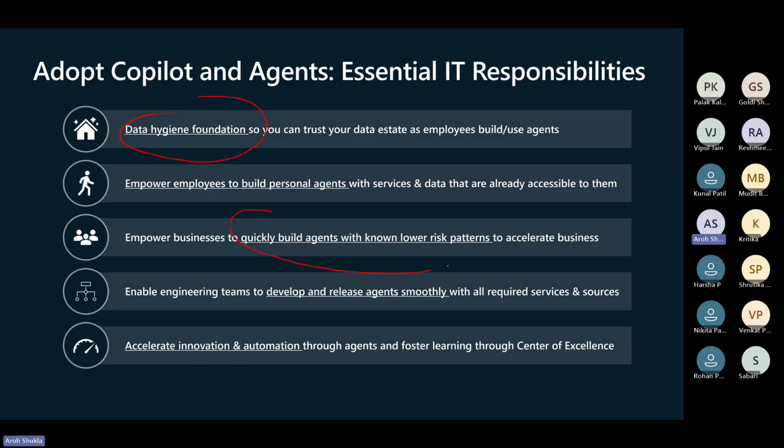Then you can quickly build with low-risk agent departments. They may work with IT, then with an operational department, which is not a very high-risk department. HR and finance will be slightly higher risk because they are the ones making the money. So we have to think about which agents we can work on, and later we can do the automation and other things.